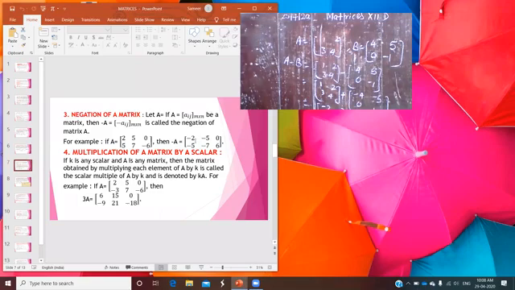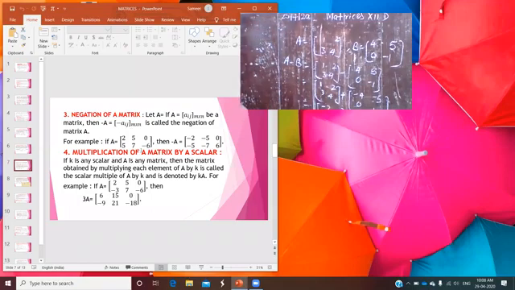The same process is to be done while finding the value of minus B. Here you have A minus B, and here you have minus B. So here we insert minus B, that means negation of B. First of all, you multiply each element with the negative sign, so it becomes positive, and then you apply the concept of addition of two matrices.